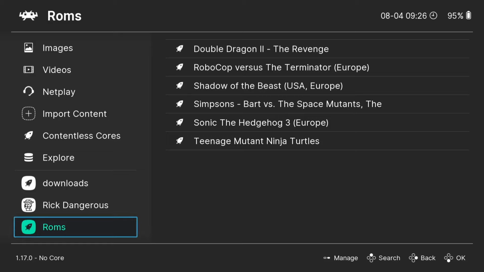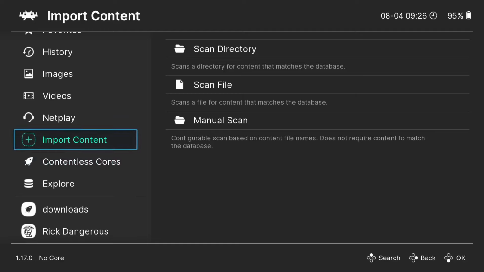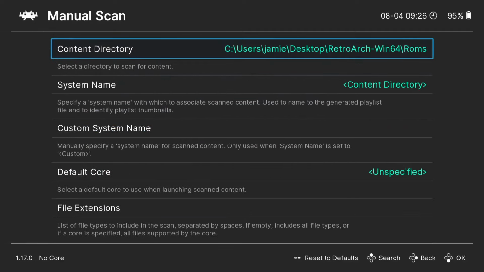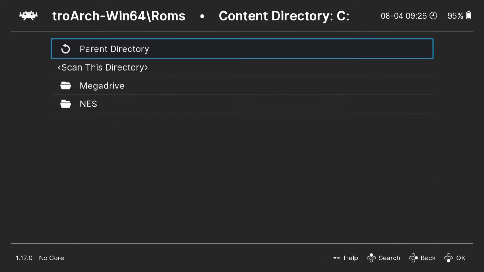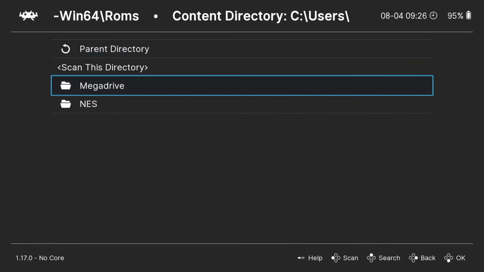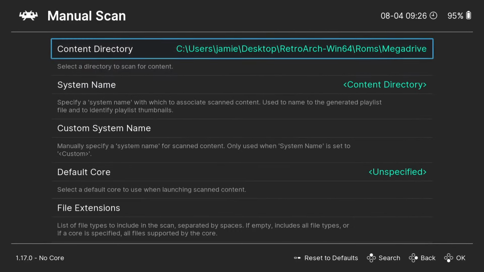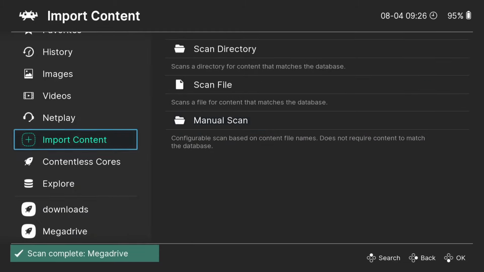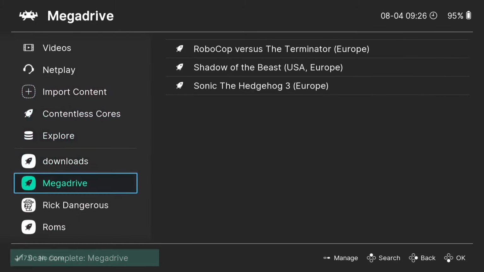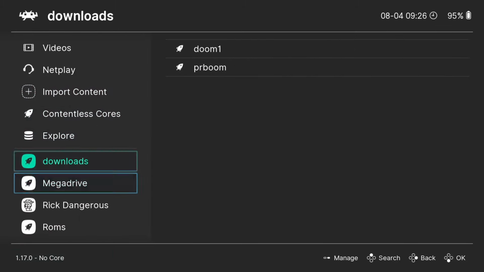If you want to do individual folders, for example, one for Sega Mega Drive and one for Sega Genesis, what we do is just go back to import content, manual scan, and I'm going to go back to content directory. If I go into ROMs, I'm going to go into, say, my Mega Drive folder, scan this directory, start scan. If I come out, as we can see, I've now got the Mega Drive directory,